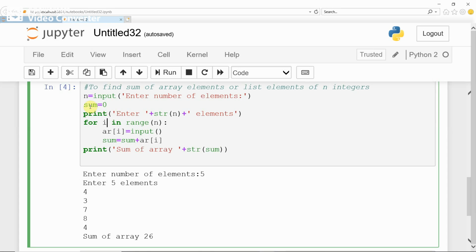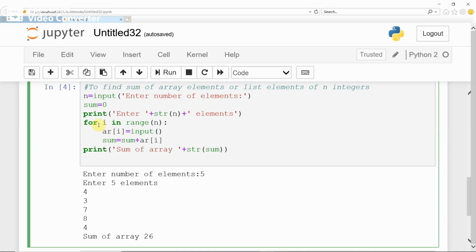Out of the loop you initialize sum to 0 and then you display the message enter str of n. Because n is an integer, you are concatenating a string with an integer, therefore you are giving the str function.